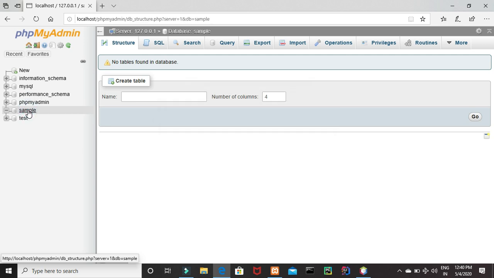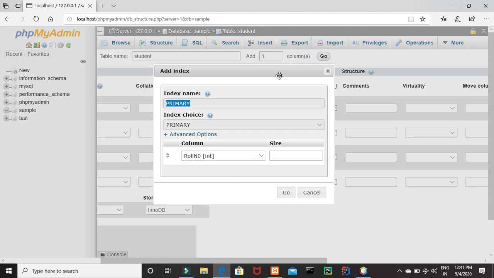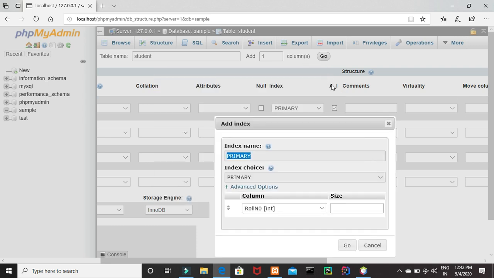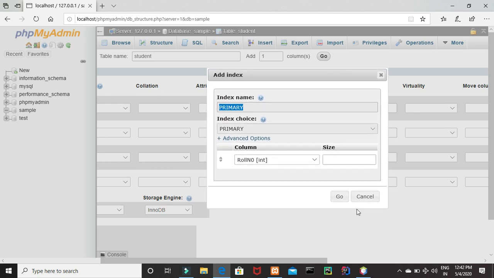Now under this database, we want to create one table so that we can store the related data. You can see here, this is create table, give a name to your table. My table name I'm giving as student, and the number of columns or fields that you need. I want 4 columns. So I'm typing 4 and click on go. This is how you see your table name and these are the fields or columns that you can have for your table. Then I want to make it a primary key. So I'm clicking on that is AI. I just checked it and this field is going to be my primary key and I will say go.